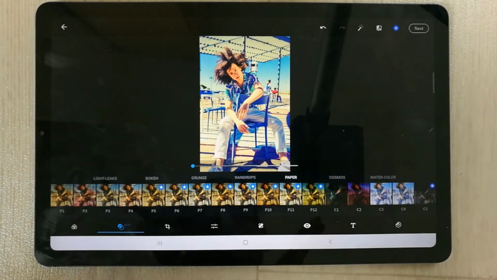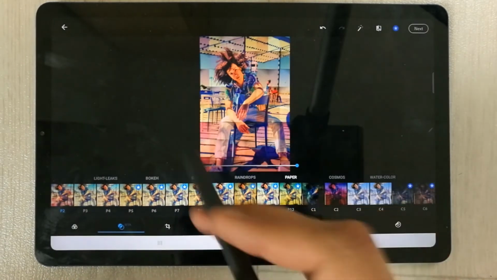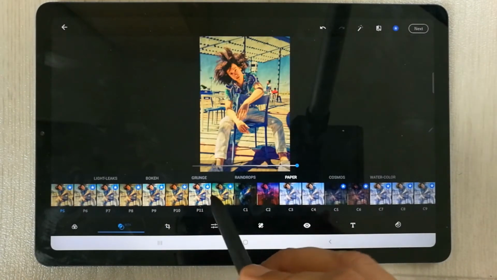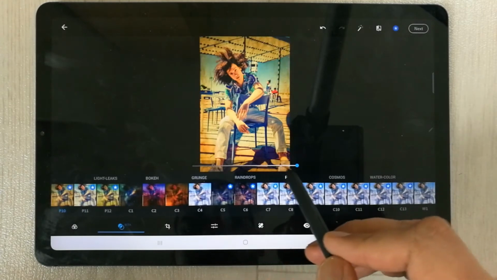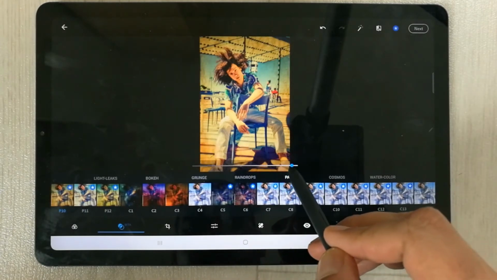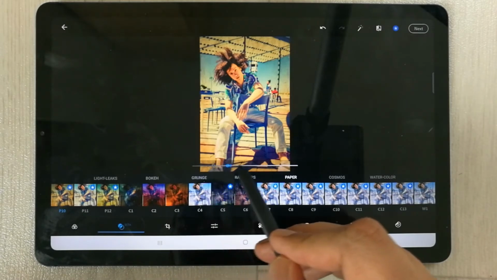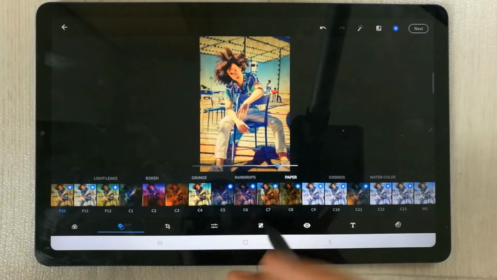So once you click on it, it will give light in the photo. So you can change it to whatever you want. And you can also use this option. I will show you, this is the opacity option. So you can see over here you can also reduce it, or you can increase it according to your need. So this is really cool.